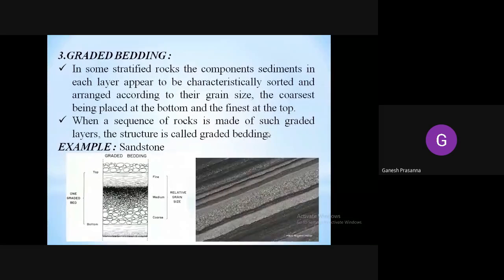Coming to the graded bedding. So what do you mean by graded bedding? In graded bedding, what happens is the larger fragments are usually deposited at the bottom, and the finer grains settle on the top of the layers. Okay, so such a type of bedding wherein